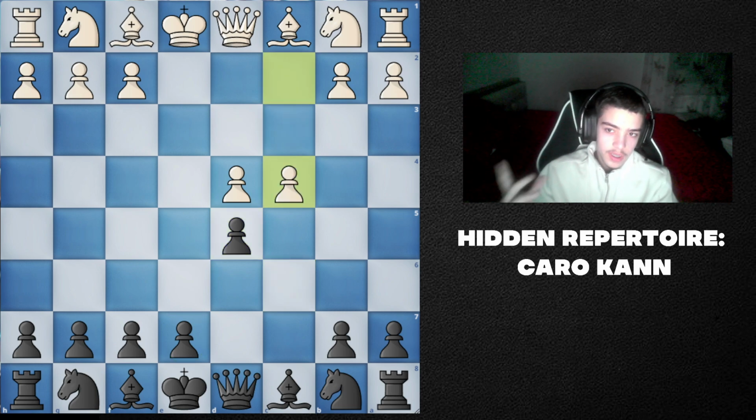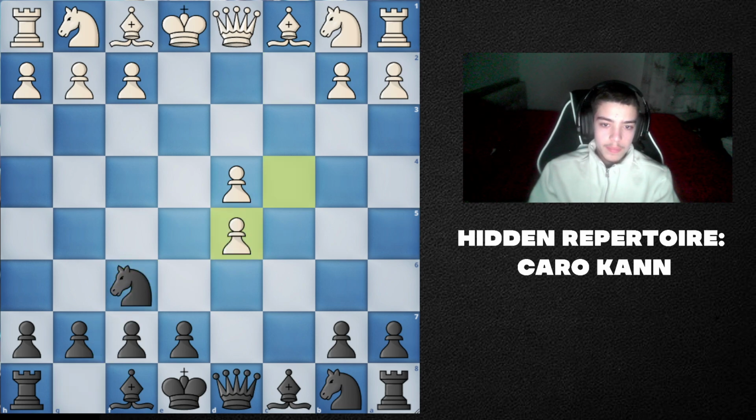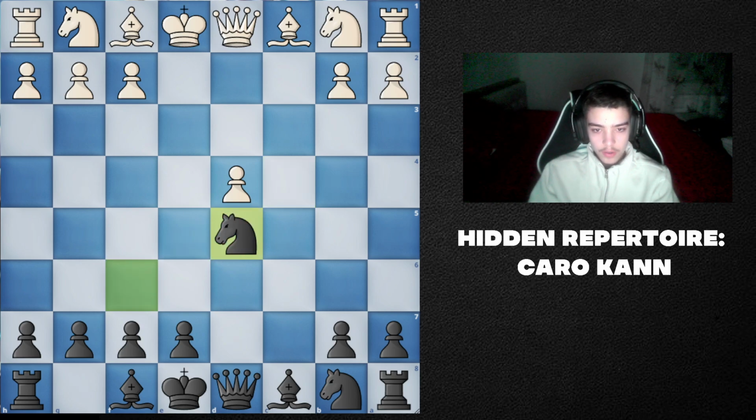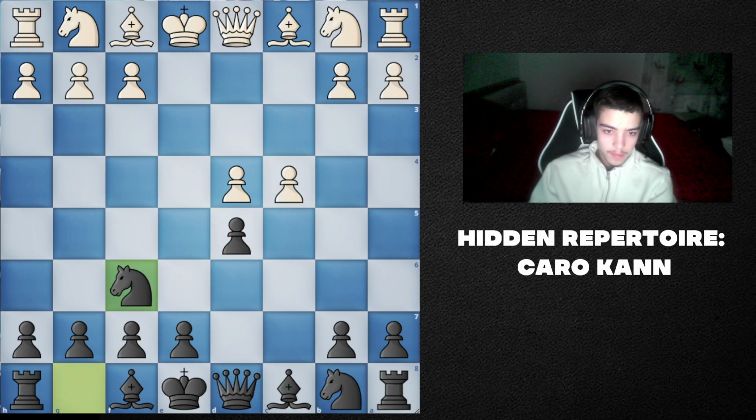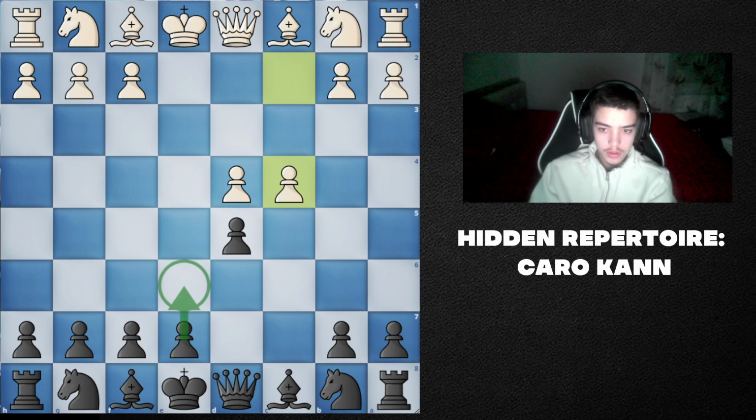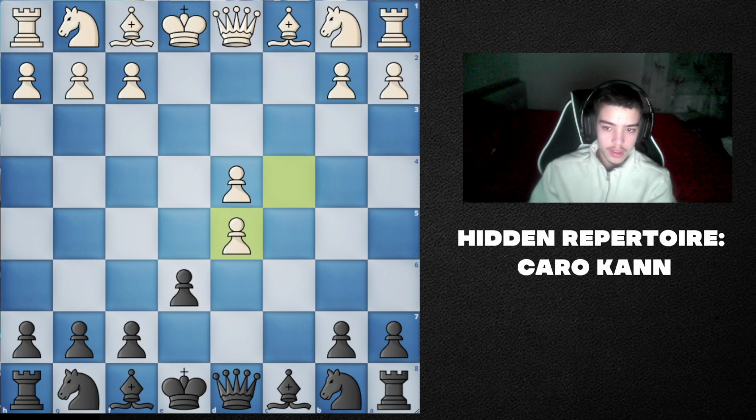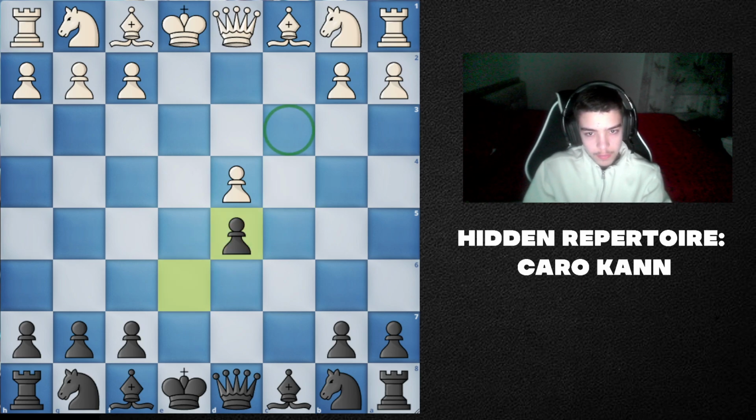Okay, there are variations where you reinforce with a knight. Why? Because reinforcing with a knight is simply going to allow you to develop your bishop later on, which is important. But you could reinforce like this, and you suddenly are in an exchange French variation. Not quite, because you don't have this pawn. But if they don't take here,